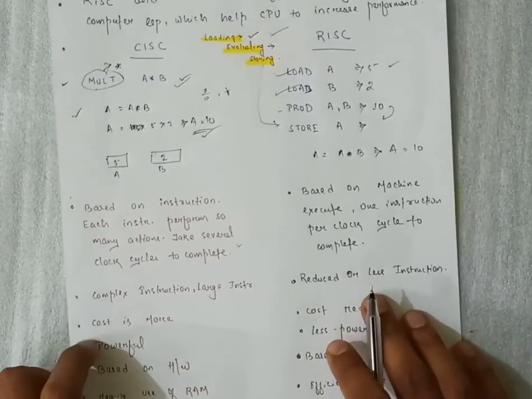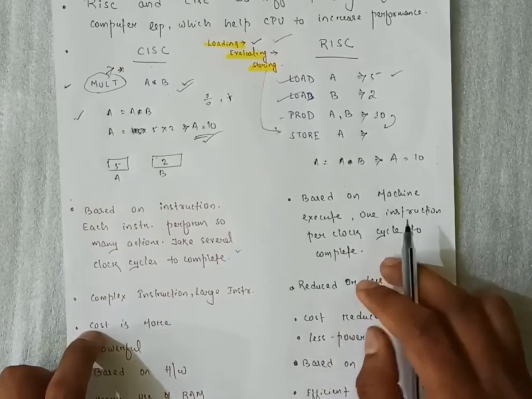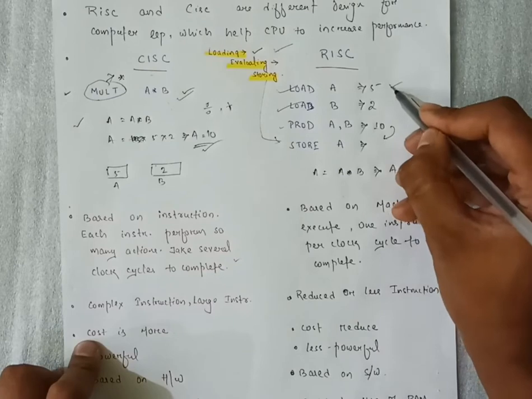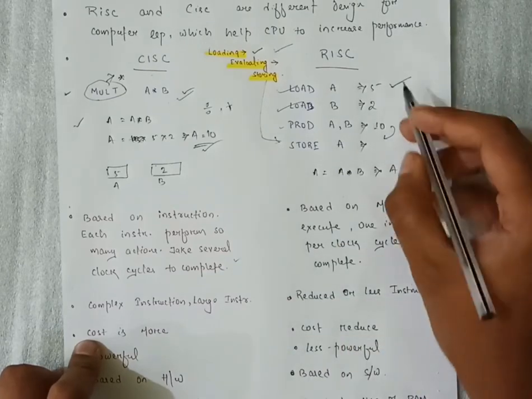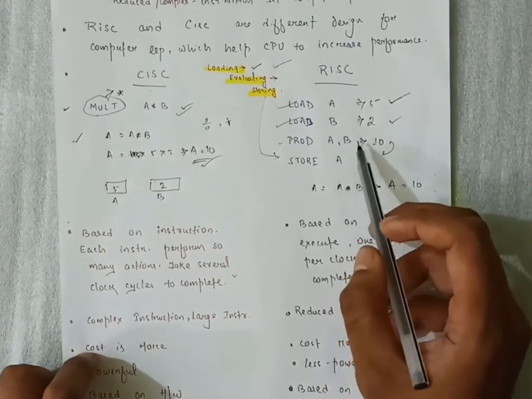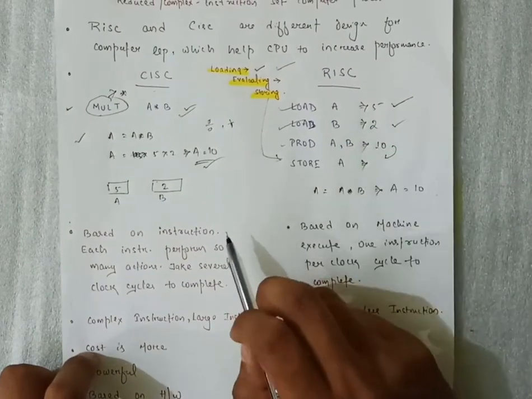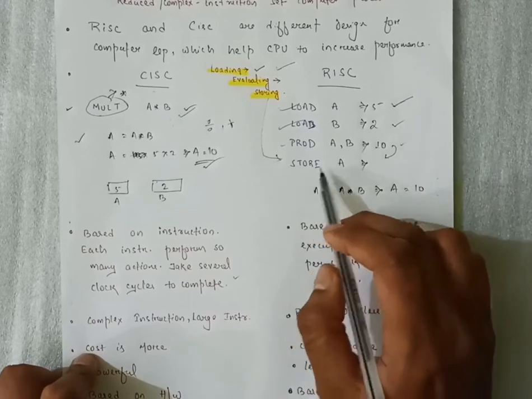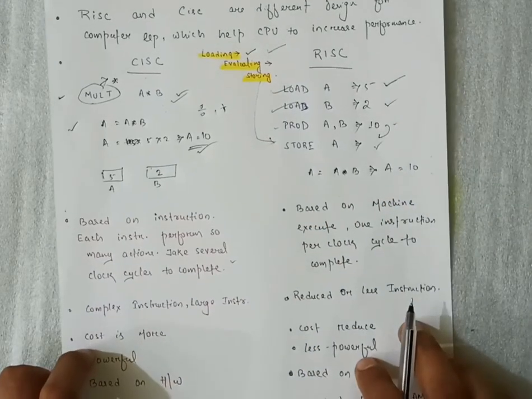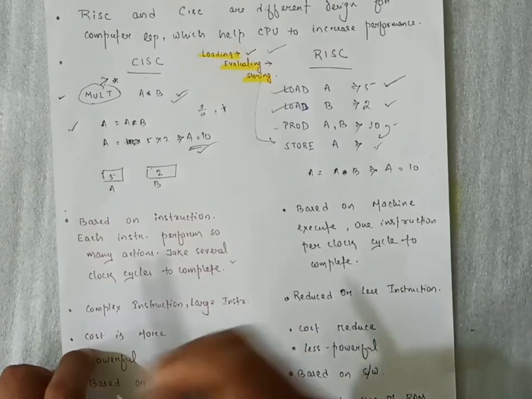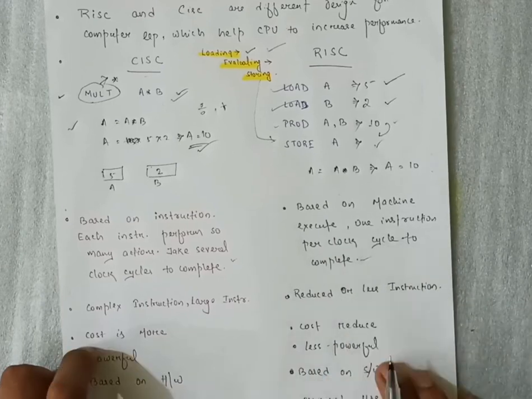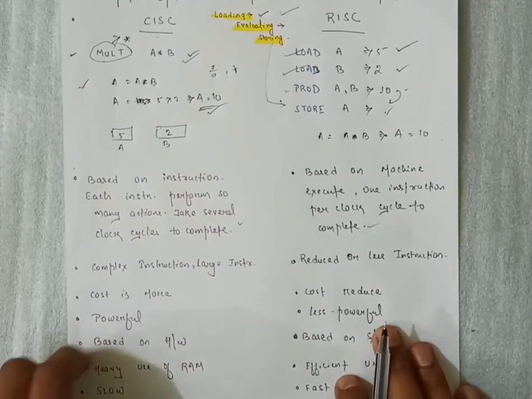But in the case of RISC, what we can see is, in a single clock cycle the first step is executed, in the second cycle the second step is executed, means loading of B, in the third the product is given, and in the last we are storing the value. So in a single cycle we are getting one step. The machine executes one instruction per clock to complete. Got it? Coming to the next point,